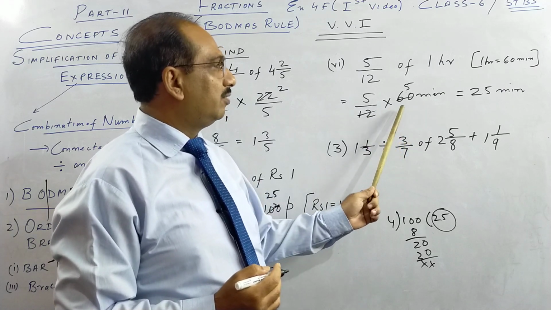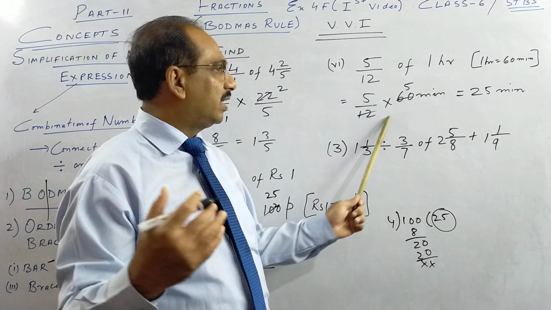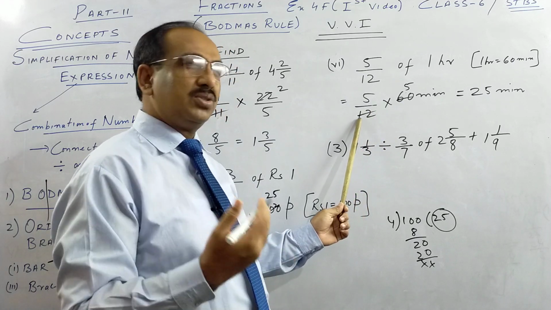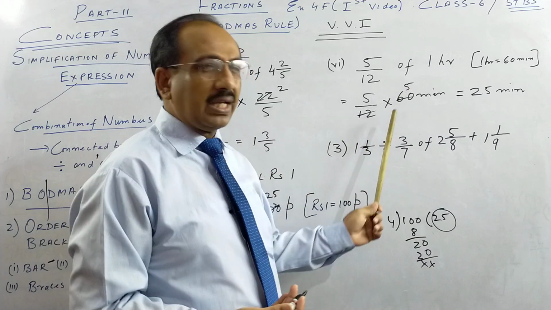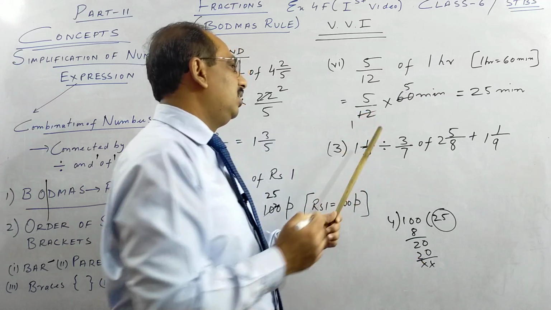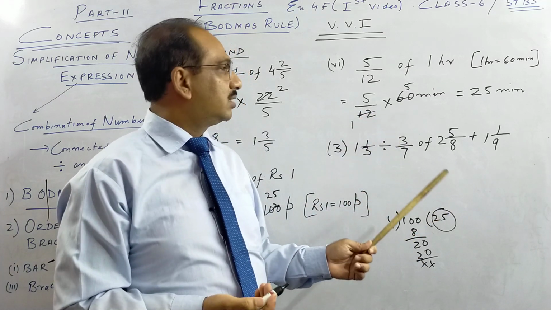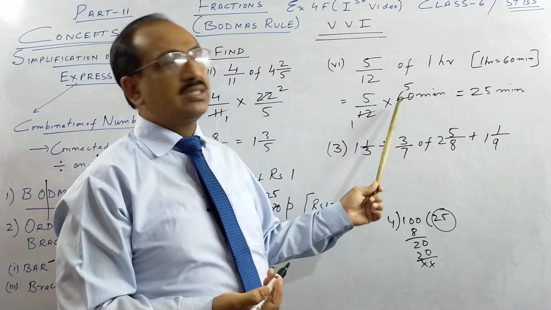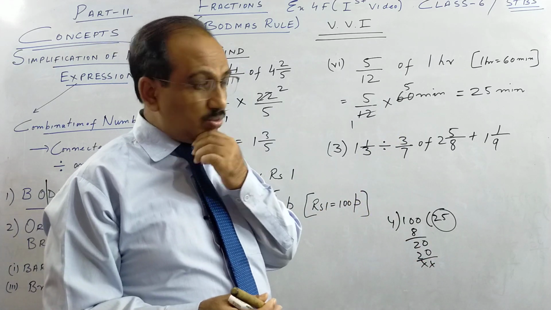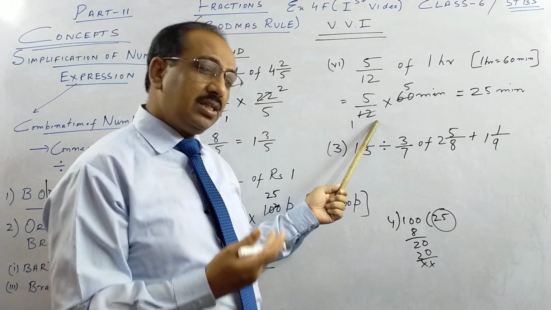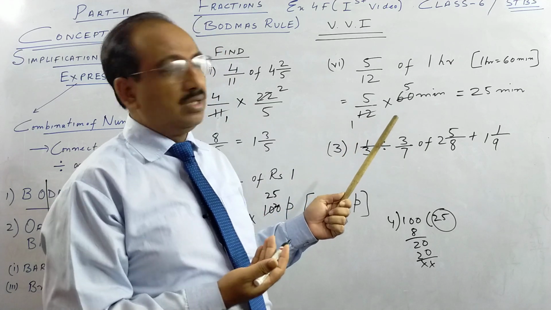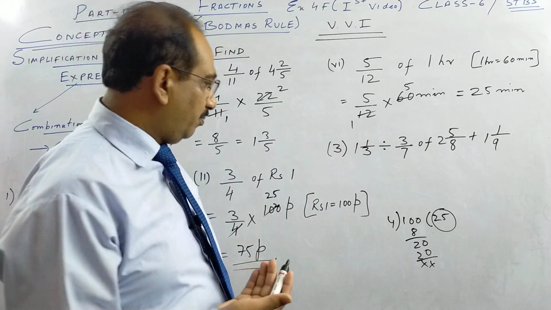So we cancel 12 with 60. There's another small prime factor method you can use, but that is a very big method. You write 60 as prime factors, 12 as 2 into 2 into 3, then we cancel. So learn by HCF. The highest common factor between 12 and 60 is 12, and we cancel. HCF is always better. As I told you, I am going to make a separate nice video very soon on HCF and LCM and how to get them mentally by the very look of it. Okay, so we get 25 minutes.